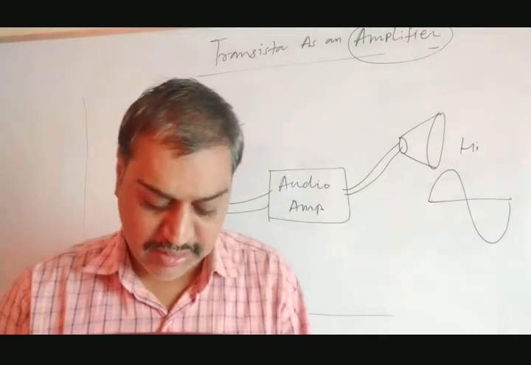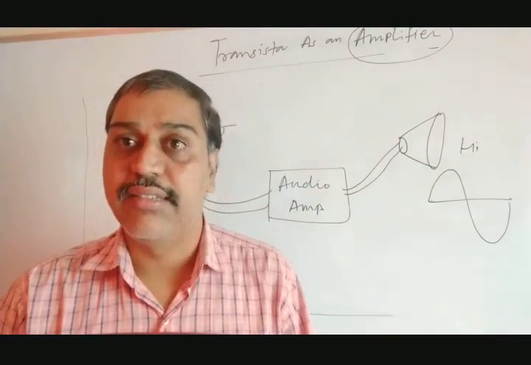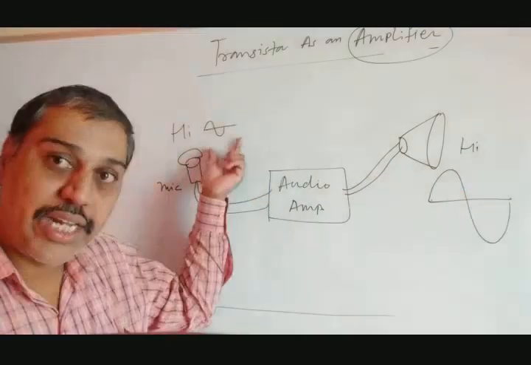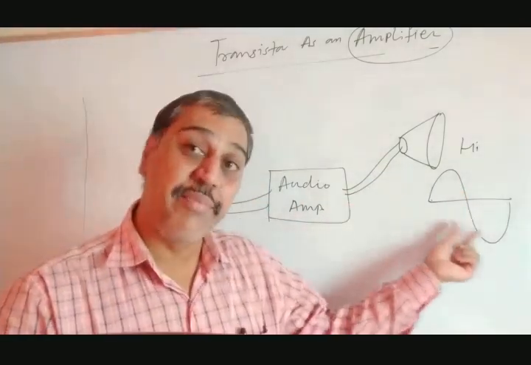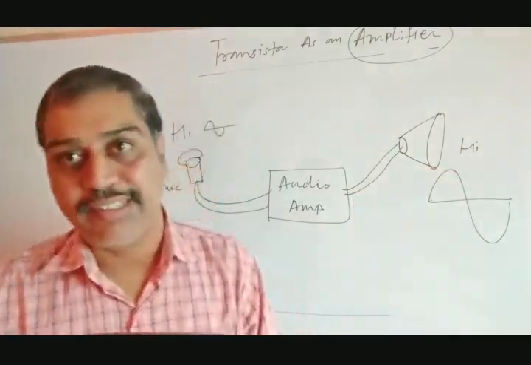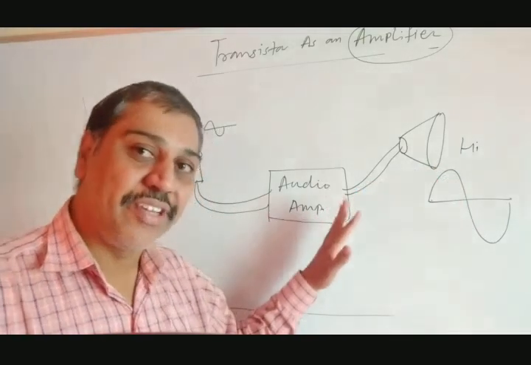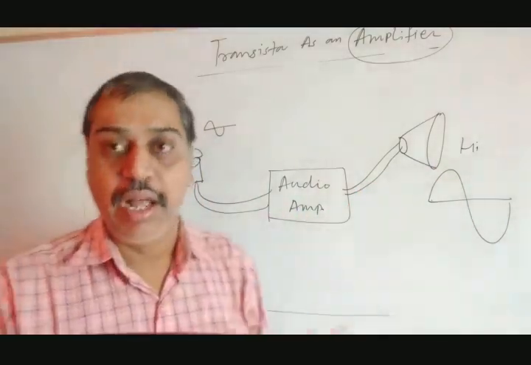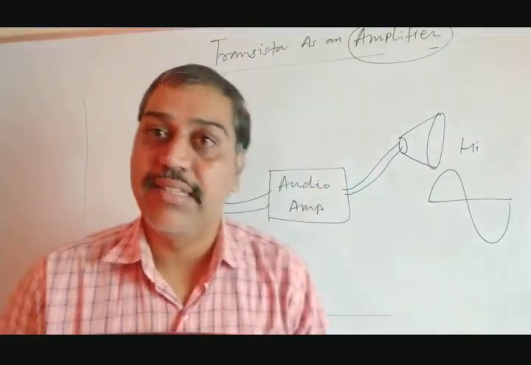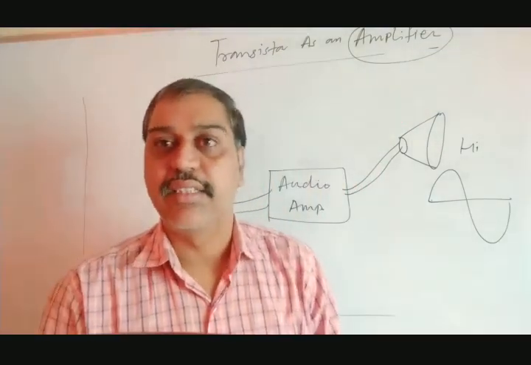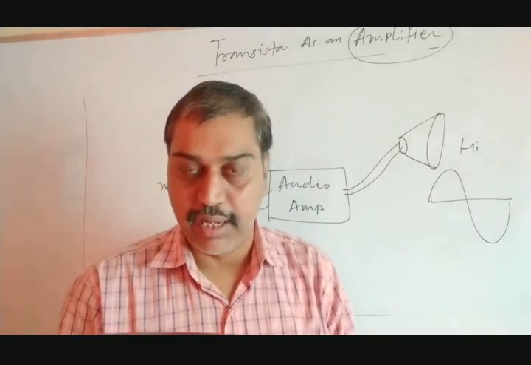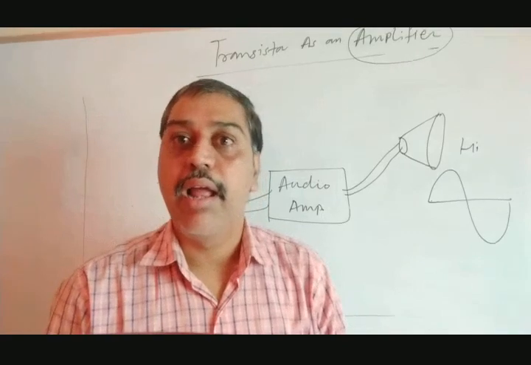What is an audio amplifier? An audio amplifier is a device which will increase the strength of an audio signal. Initially a small signal is given as input, and the output is the same signal but with more loudness, more amplitude, and that was done by this instrument for an audio signal. So it is said to be an audio amplifier. I hope you got what is meant by amplifier. An amplifier is a device which increases the strength, amplitude or gain of the signal.